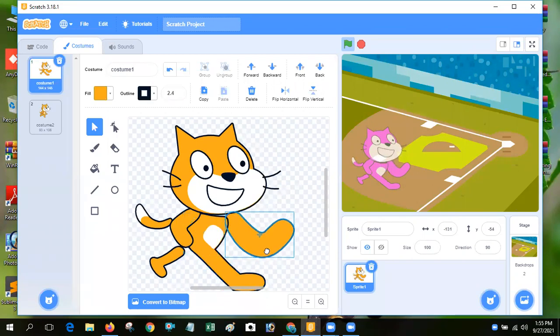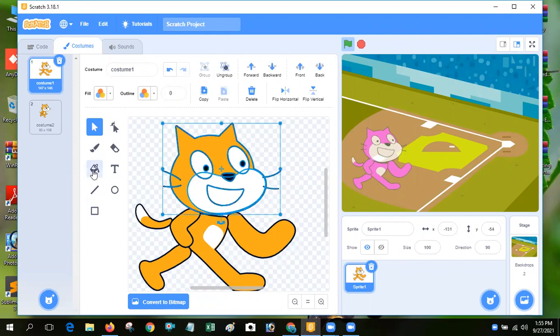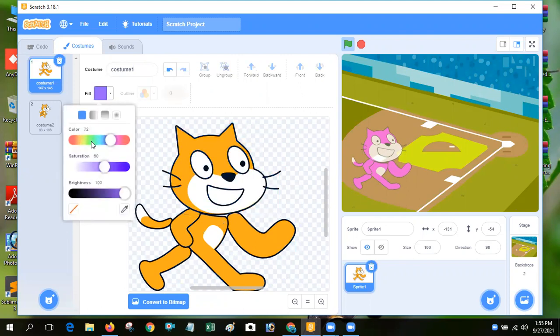The class is coming to an end. Good. Okay. So next you can see paint. Paint a new sprite we already discussed. You can change your sprite color. If you want to change your sprite color, then you can use fill color.